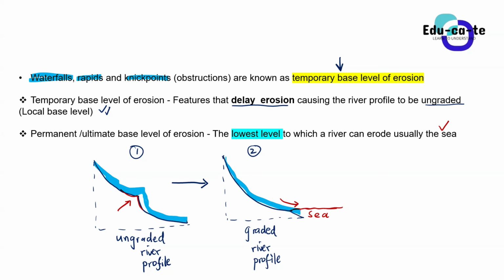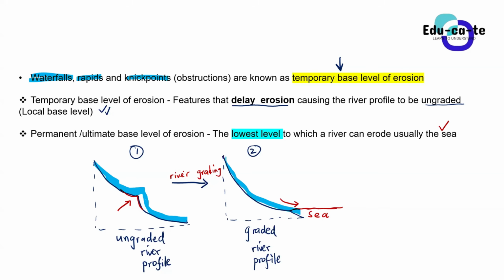Okay. So now, with that in mind, we can see what processes actually cause the river profile to move from being an ungraded river profile to being a graded river profile. In fact, what actually causes river grading? Because the whole process of changing from an ungraded river profile to a graded river profile simply means that river grading is happening there. So we are grading the river so that it ends up having a smooth concave profile.